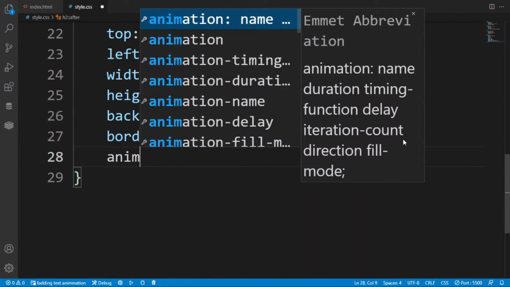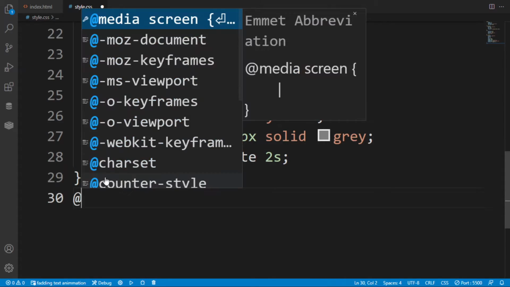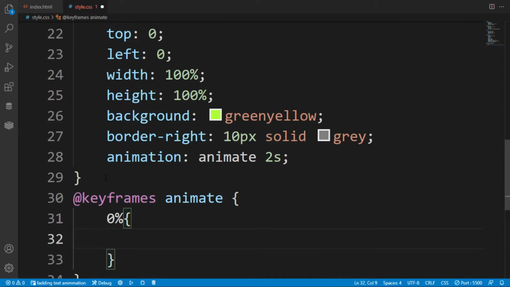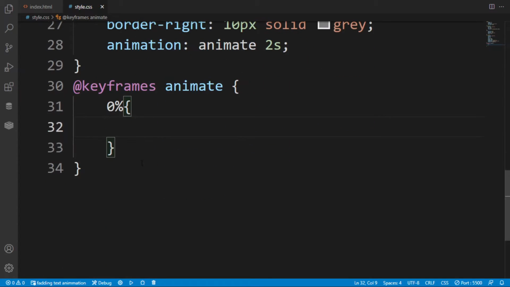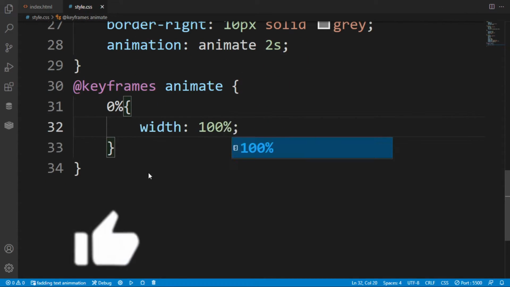After that I want to give an animation named animate, or you can give any name of your own choice. The duration is 2 seconds. Just copy this name here at the @keyframes rule and paste it as the name. After that, at 0%, I have given the width as 100%.